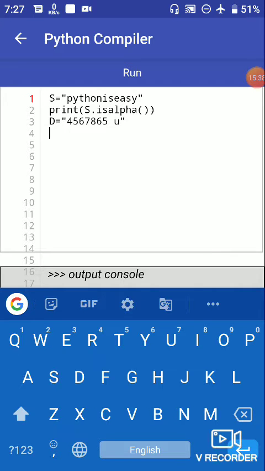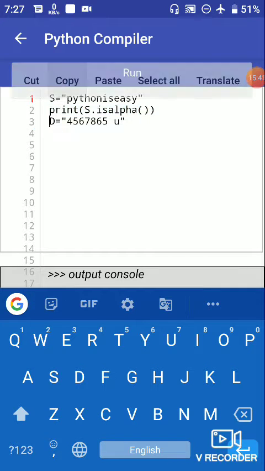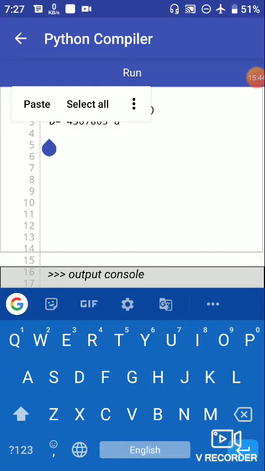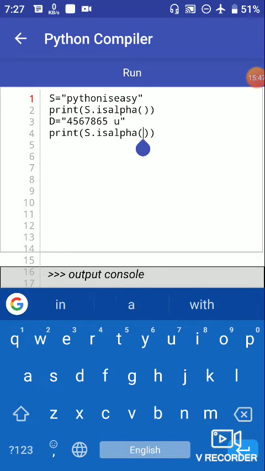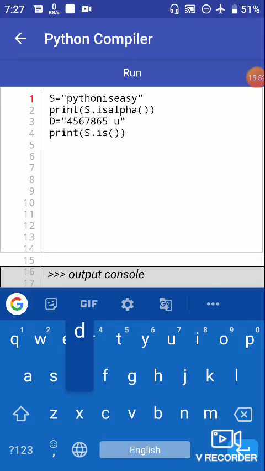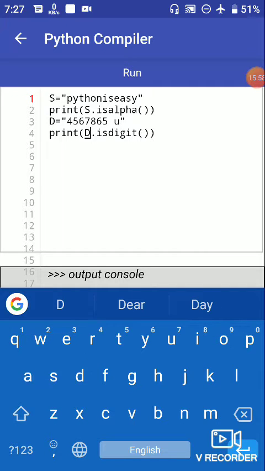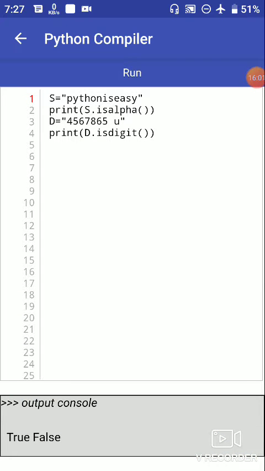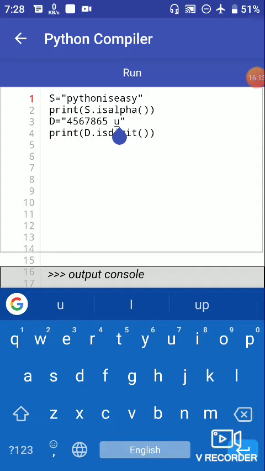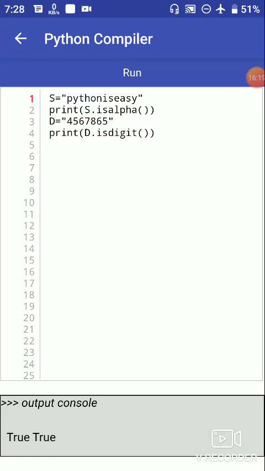Now try to print isdigit. Digit means whether the whole string is digits or not. So d dot isdigit, when we run the program, in the first print statement we get true, and in the second we get false because the string d has a character and a space both. After removing the character and space we get true and true.